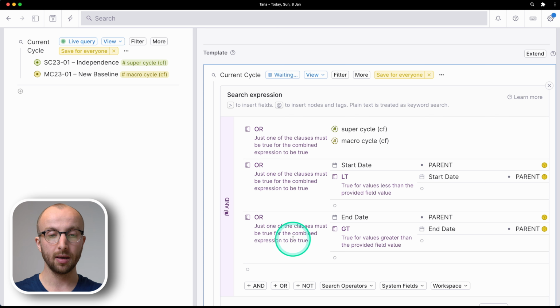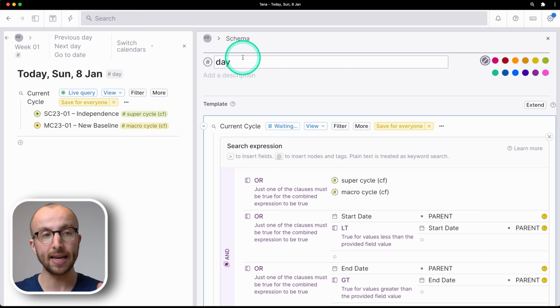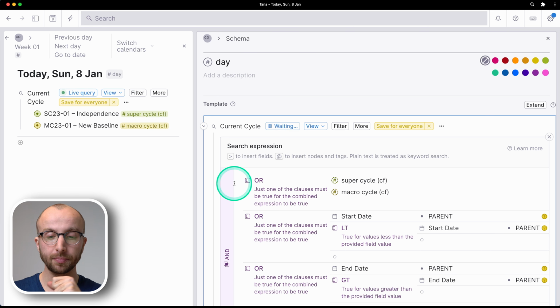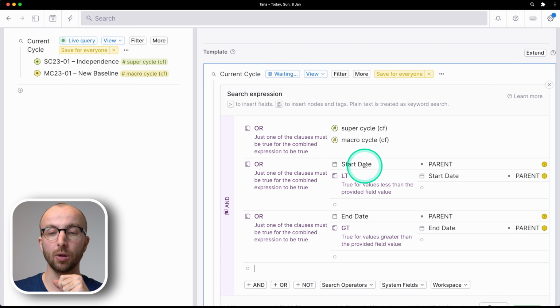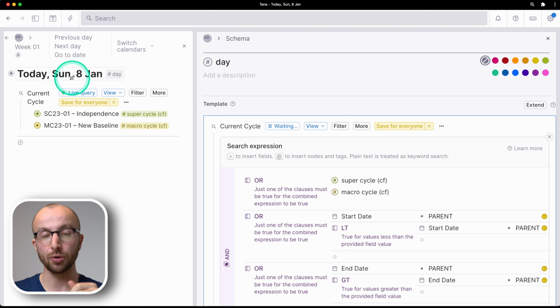So we have three conditions that must be matched. The first one looks for supercycles and macrocycle tags. The second one compares the start date field to the parent. And the parent, because this is a day node, is the date of the day you're currently on. So here we're looking whether the defined supercycle or macrocycle has a start date that maps exactly to today's date,